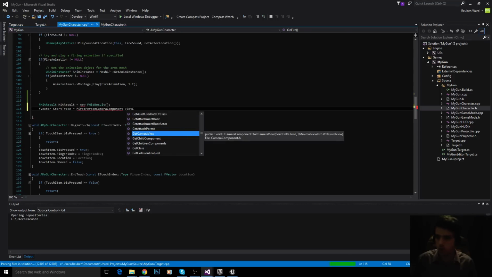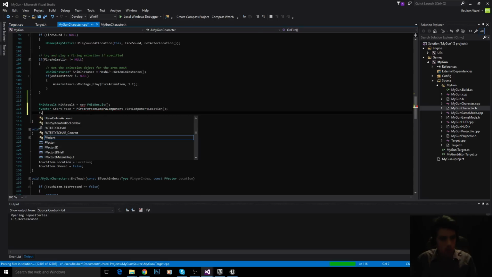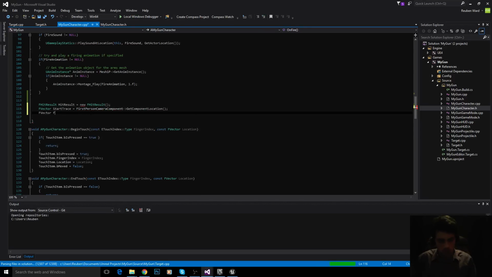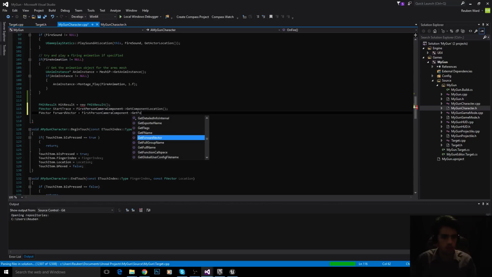So GetComponentLocation, and there we go. FVector forward vector equals first person camera component GetForwardVector,